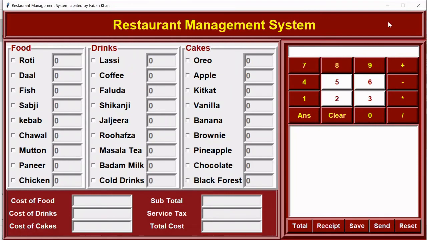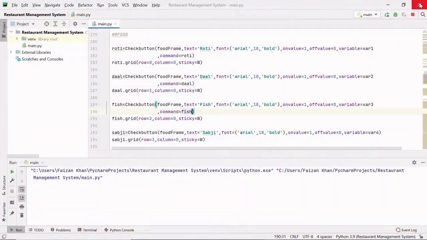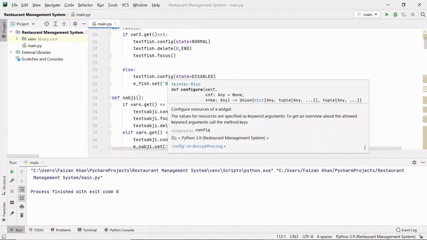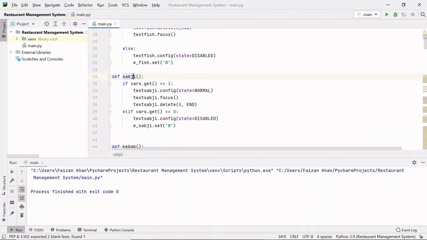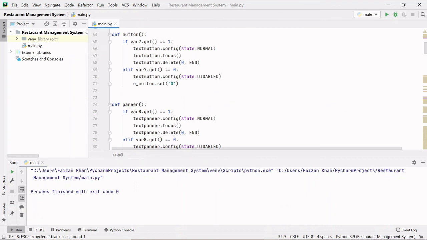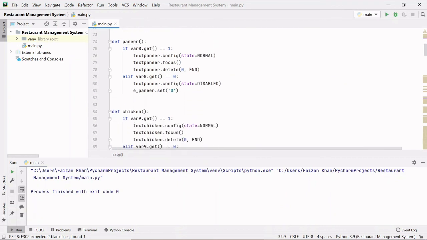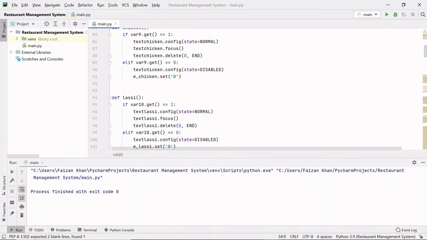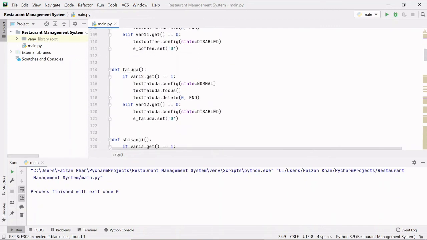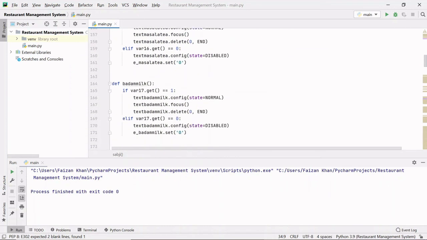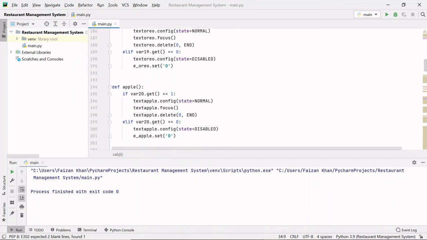Now let me do it quickly for all other check buttons. So after fish check button, I have added functionality for all other check buttons. So here you can see it is the same functionality, only the variable names and object variable names of entry fields is changed. Everything else is same, right? So make sure you do everything properly and do not make mistakes, right?